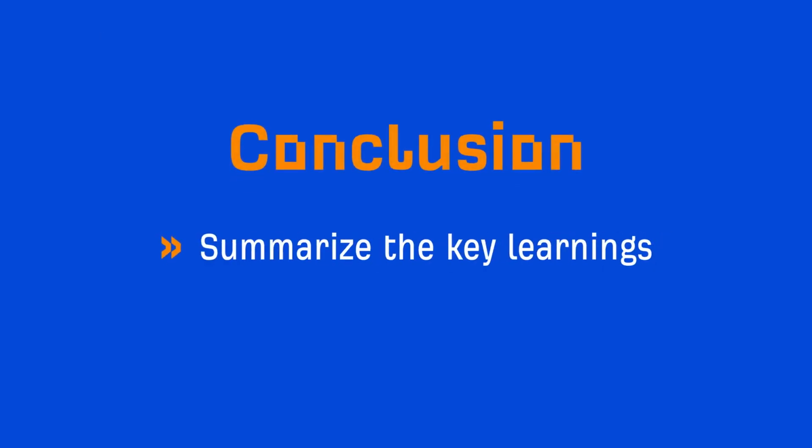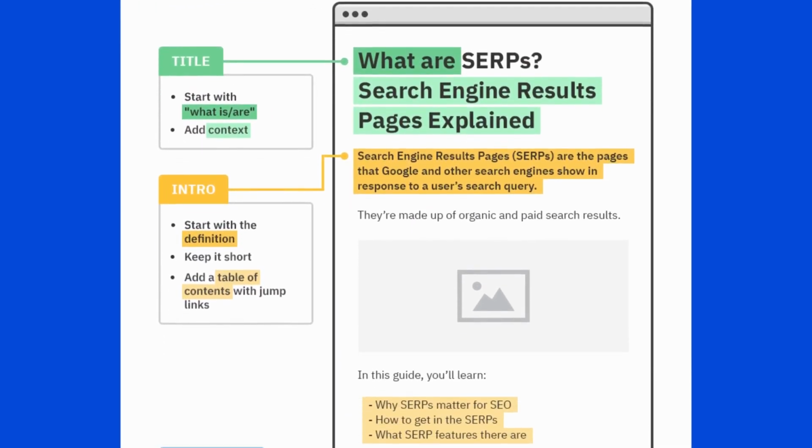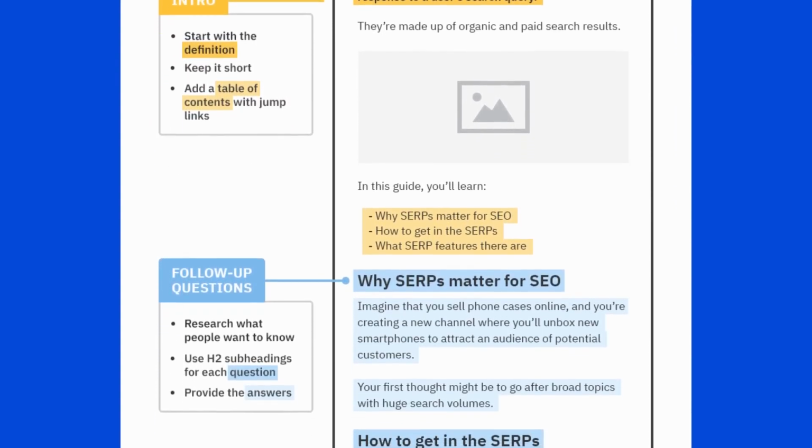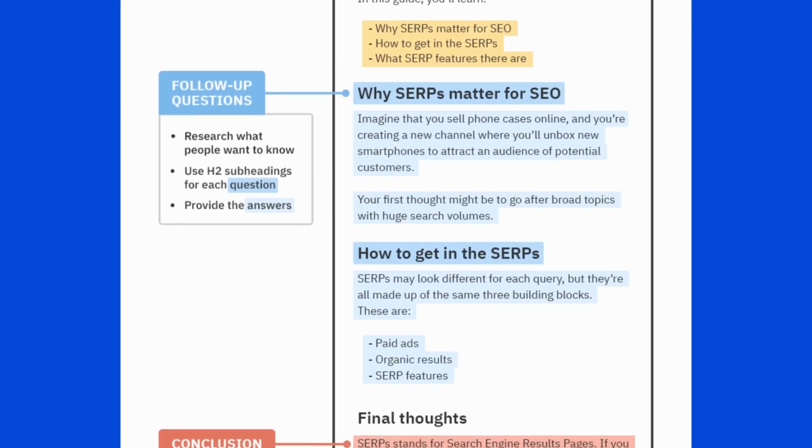Now for the conclusion, you just need to summarize the key learnings. And again, I highly recommend adding internal links to other articles that a beginner would want to learn more about, because if they've made it to the bottom of your expanded definition post, they'll likely want to learn more since the content will typically be high level. So here's a sample of what this template looks like. Feel free to pause or rewind to make sure we're on the same page, and then let's move on to